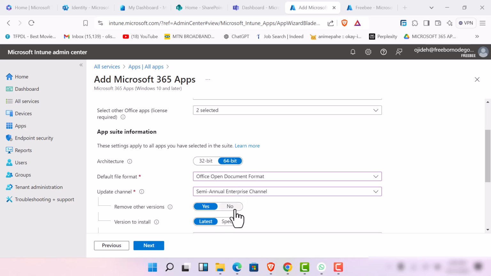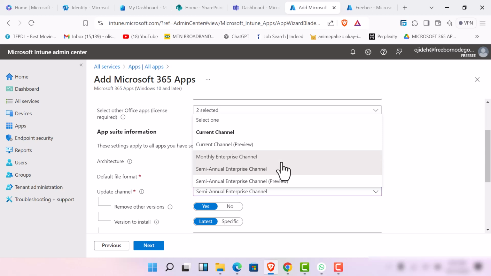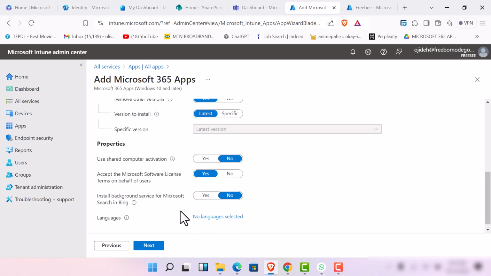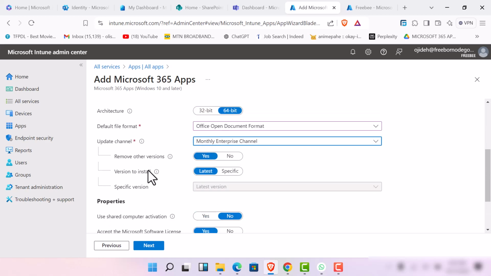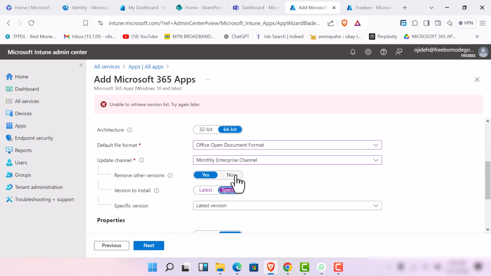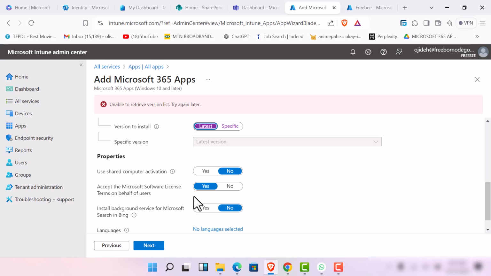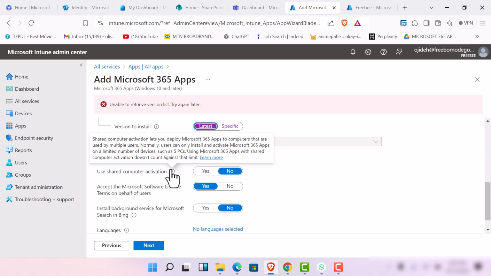So semi-annual enterprise. We go for the semi-annual enterprise channel, or we can go for the monthly enterprise channel because of our organization's policies. Then versions to install, latest version to install. You click on the latest, or you can be specific. Let's say latest version. Now, use shared computer activation. What this means,